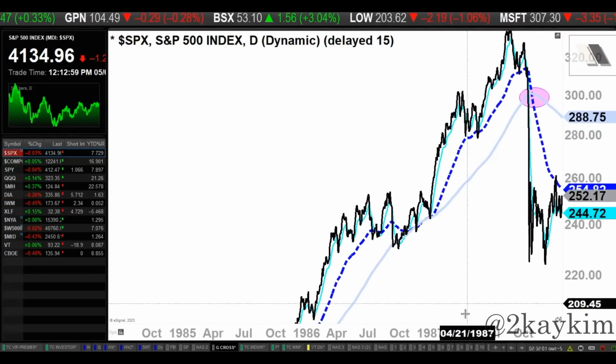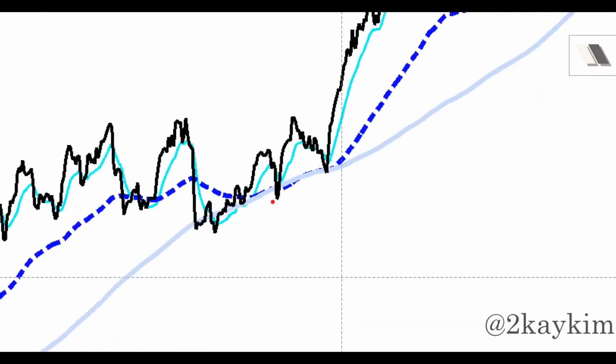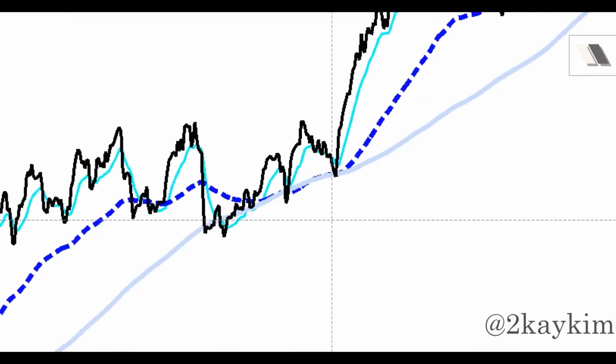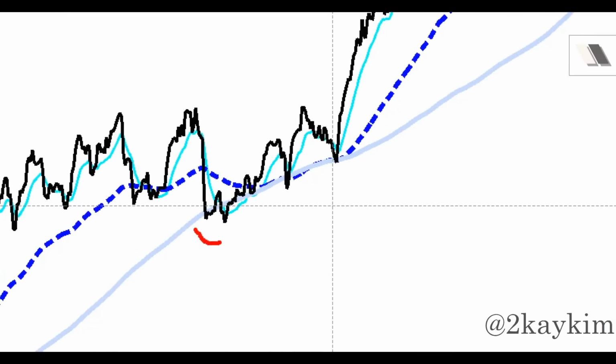And then we go to 1987 here. This was just a lot of sideways, but never fully crossed or anything like that. As you can see, very ambiguous. But you might say, hey, that looks very hard to judge. But you see, you got the low here, and we got these higher lows. So not only do you want to pay attention to the moving average signals, but also look at the higher lows. And I can even draw a trend line there. Some of the support line is holding. So you would want to give the benefit of the doubt, higher high, higher low.